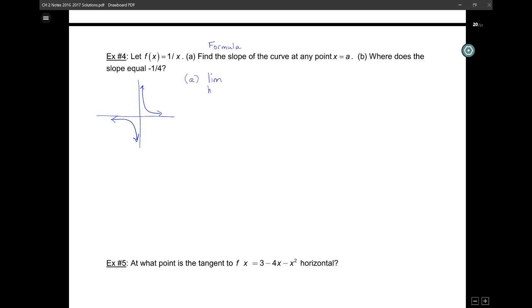Okay, so now we want to write out f of a plus h. So what is f of x? It's 1 over x. So do you want me to write out the formula, or are you okay? So if I go right to this,